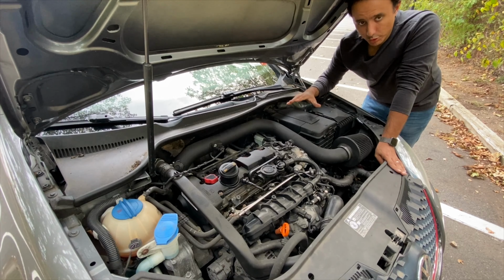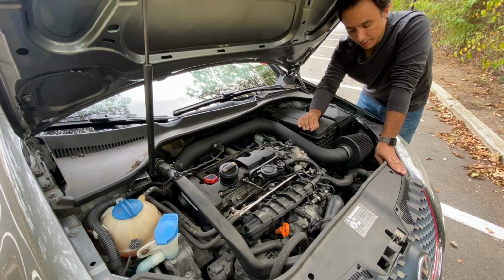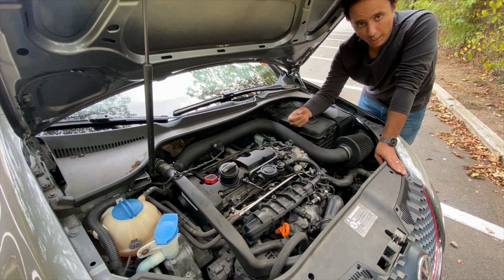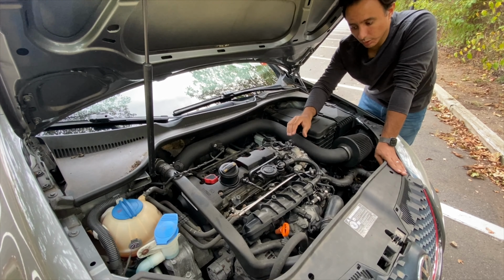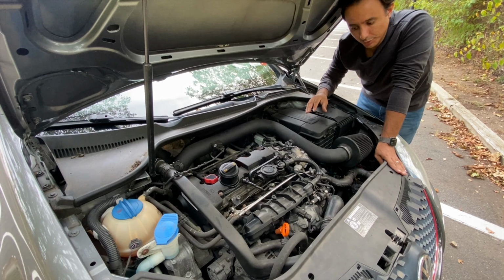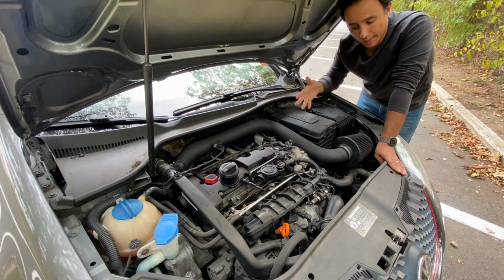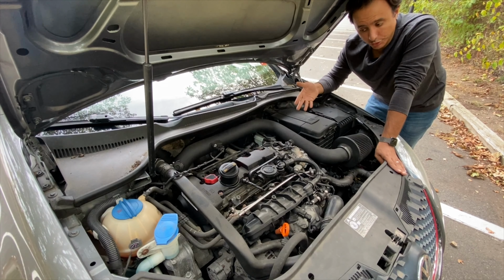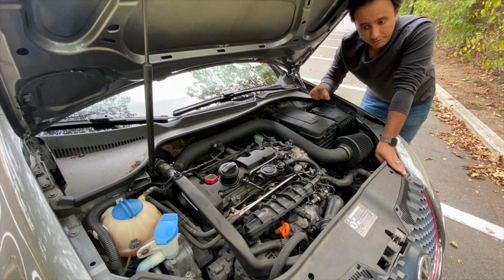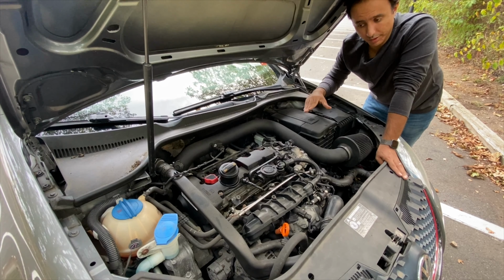The FSI was known for exploding due to the high pressure fuel pump breaking the cam follower, which is a small cup that rides on the high pressure fuel pump and the camshaft lobe behind this case, and it helps dictate the amount of fuel pressure for the injectors to inject into the engine based on how fast you want to go or how fast you're going. This cam follower should have been replaced every 5 to 10,000 miles, 5 being the extreme preventative maintenance and 10